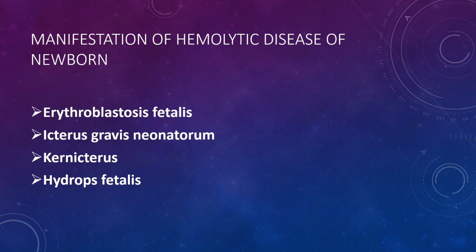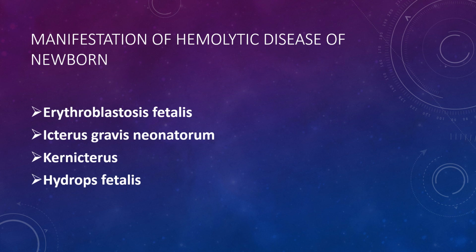Actually, this bilirubin mostly affects the basal ganglia and produces disturbance of the motor activity. So it is very, very important to understand. And when the serum bilirubin level exceeds 18 milligram percent, then kernicterus happens. So what is hydrops fetalis? The fetus is grossly edematous. It occurs when the hemolysis is very severe. When the hemolysis is very severe, usually intrauterine death of the fetus occurs; if born prematurely, or even at term, the infant dies within a few hours.